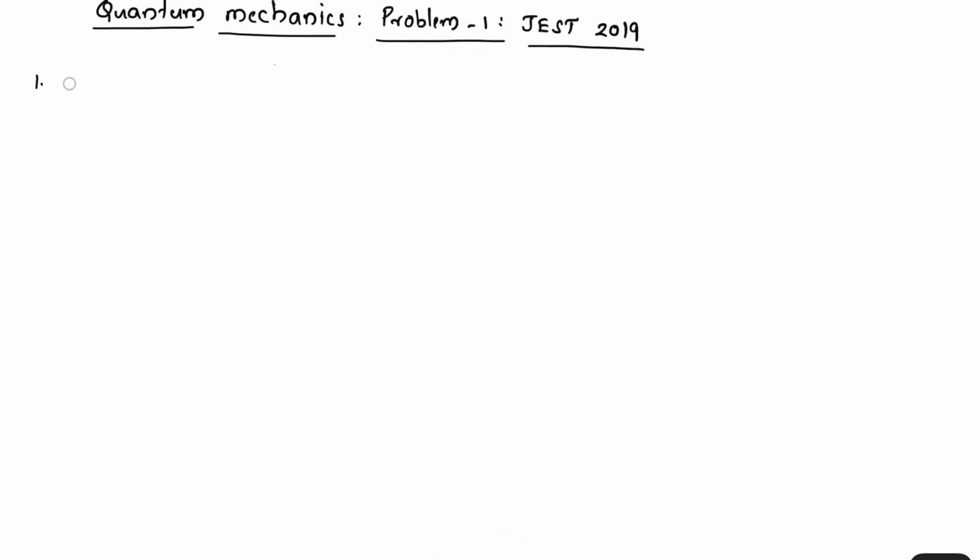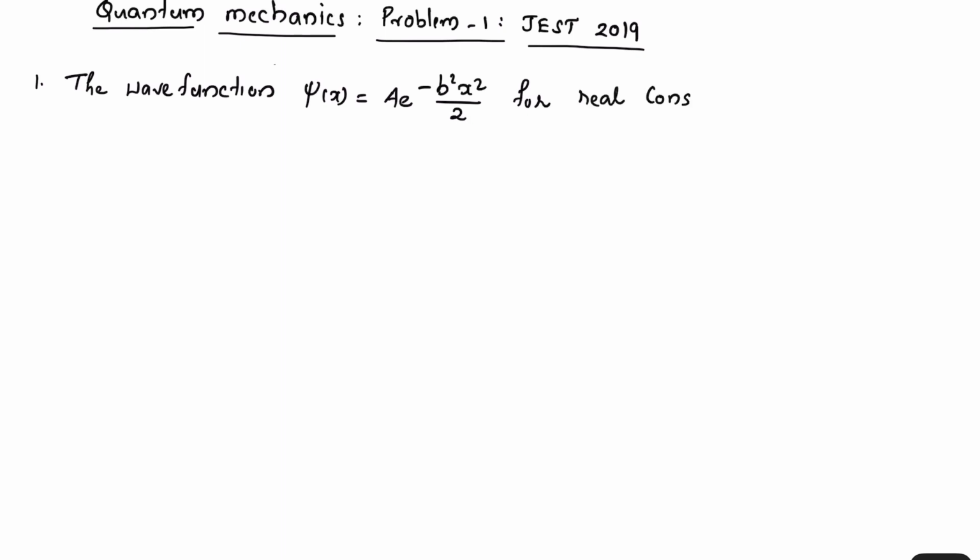Hello everyone. This is a problem from quantum mechanics which was asked in the JEST 2019 exam. The question is: the wave function psi of x, equal to A e raised to minus b squared x squared by 2, for real constants A and B, is a normalized eigenfunction